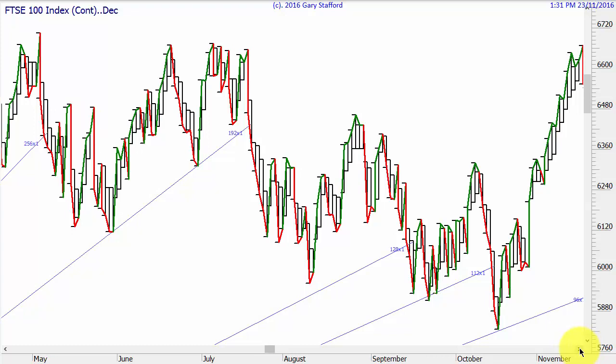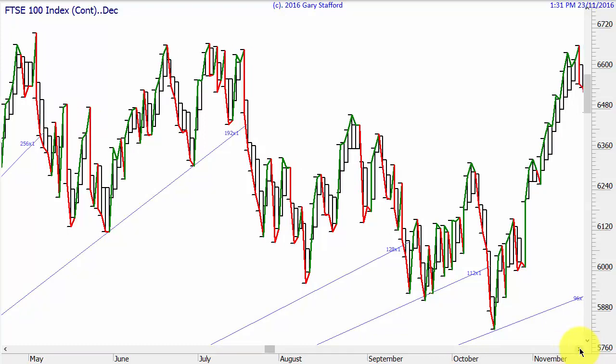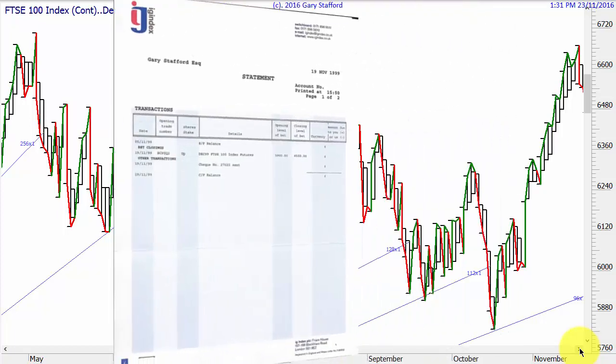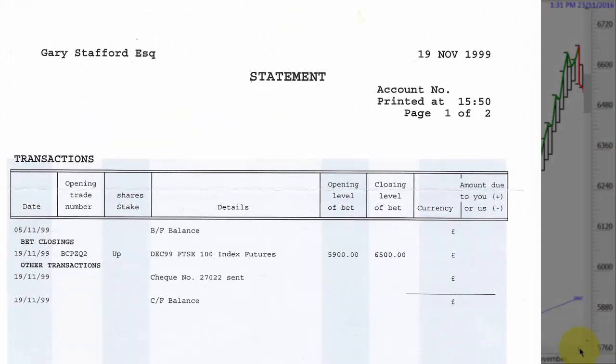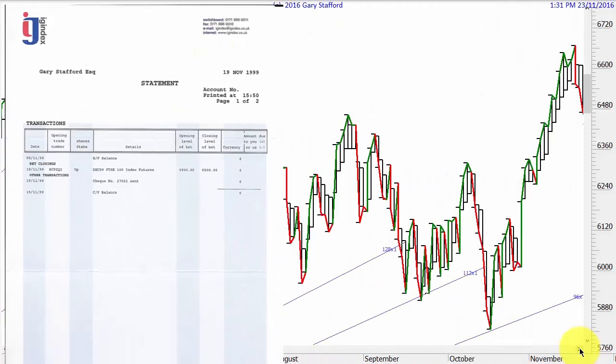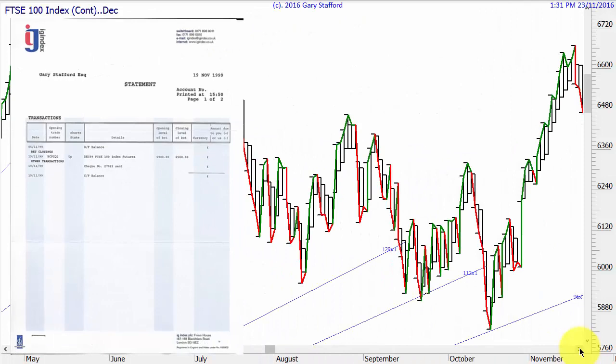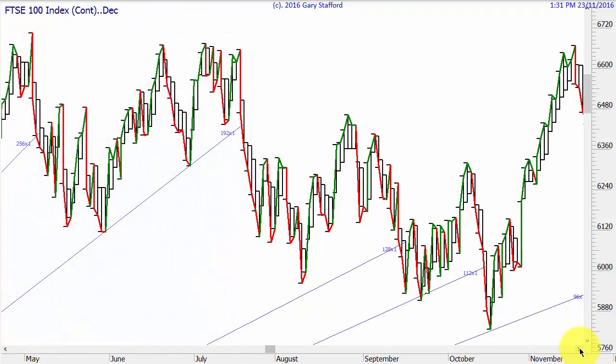And then the market started to come down, and I think I moved my stop loss to a place where I was guaranteed to make 9,000, which is actually what I ended up making, and I'll put the contract note in here in a second. And I got stop lossed out somewhere around about here and ended up making 9,000, but I should have made 13,500. And there's a big difference between the two, obviously.